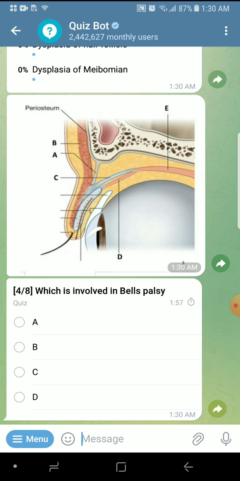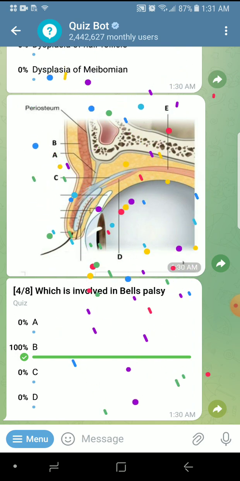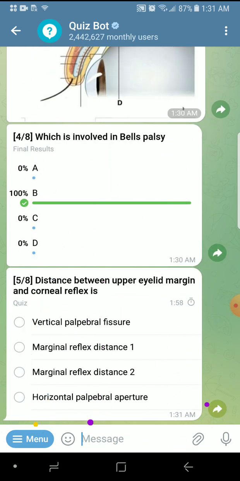Now it's a lateral view of the eyelid in which B is orbicularis oculi muscle, E is levator palpebrae superioris muscle, C is the tendon of LPS known as aponeurosis, D is the Muller's muscle, that is upper tarsal muscle, A is the continuation of periosteum to tarsus, that is orbital septum. In Bell's palsy, like seventh nerve palsy, the muscle which is supplied by the seventh nerve is orbicularis. So B is the answer, which leads to lagophthalmos,